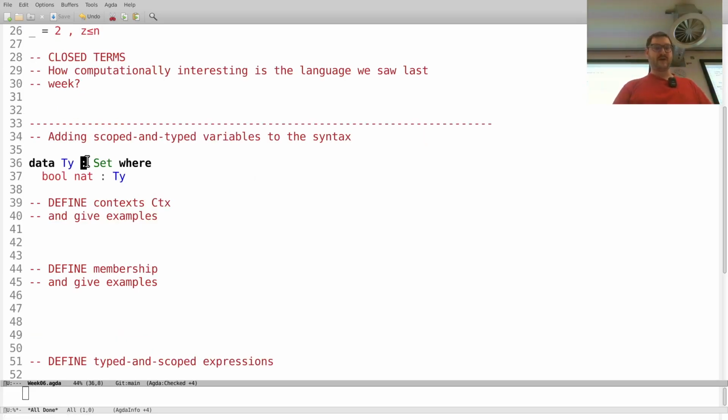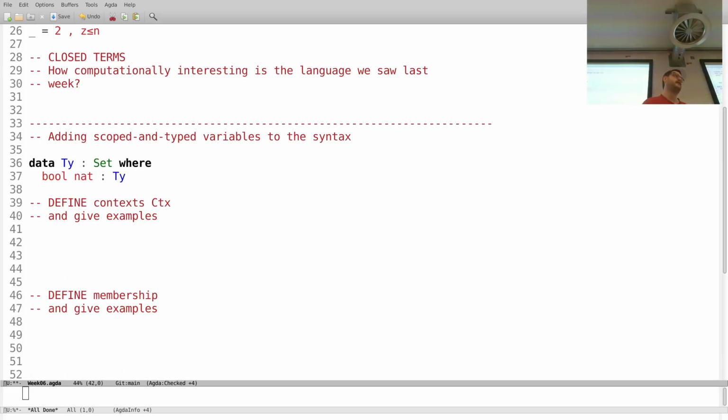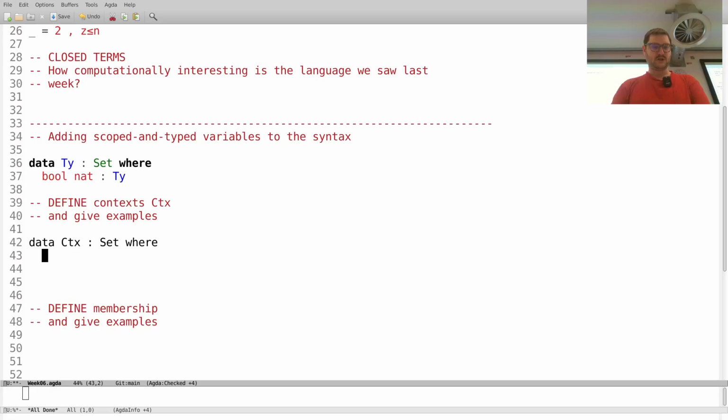So we have our type of types. I don't know why I left it in, but it's the same as last week. And then we can define what it means to have a context of variables. So here there's some freedom. What we do is we just pick a linear context, and out of habit, because of the typing rules we're used to seeing and so on, they grow to the right. So I'll define this way, where we can have the empty context, epsilon, or we can have